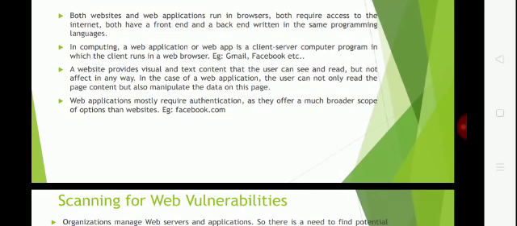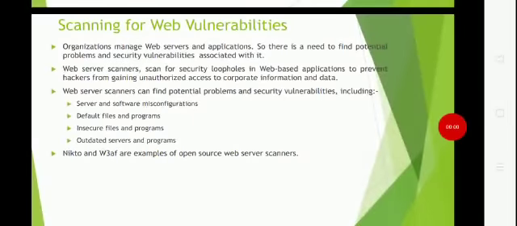But when we click on the button, many things happen in the backend, like validating, looking if reservation is available or not, and if it is available, checking the required entries and all. So this is why I said this is an example of how the business logic for an application program is done through this web application. So next we are moving on to our topic, scanning for web vulnerability.